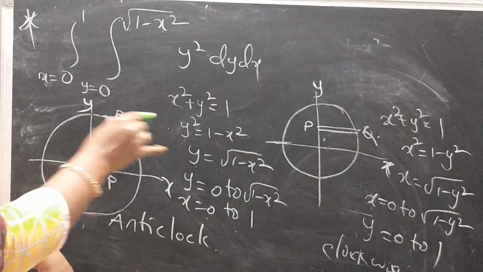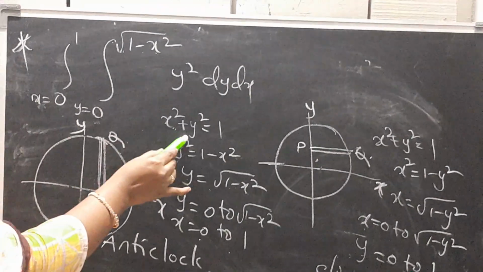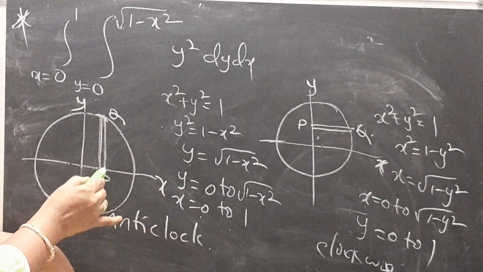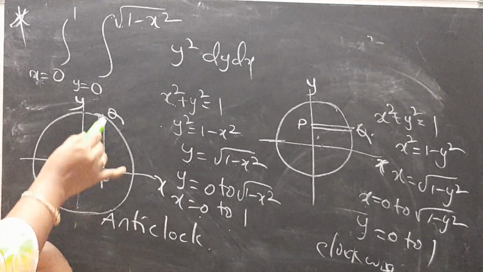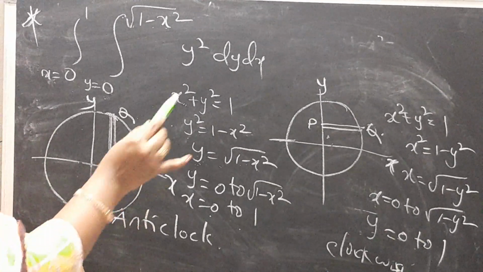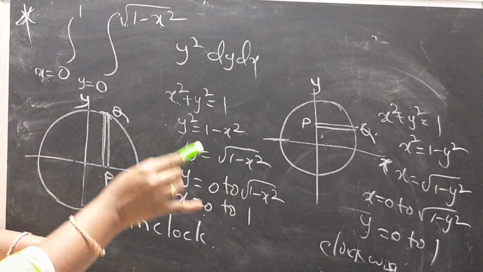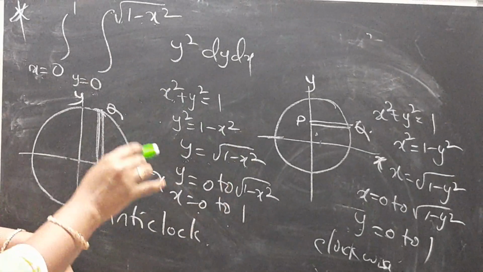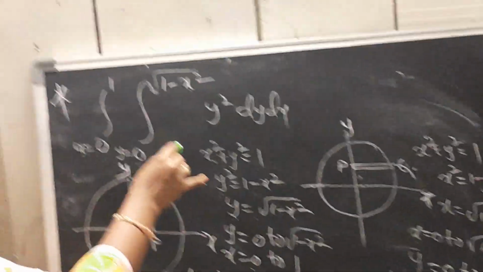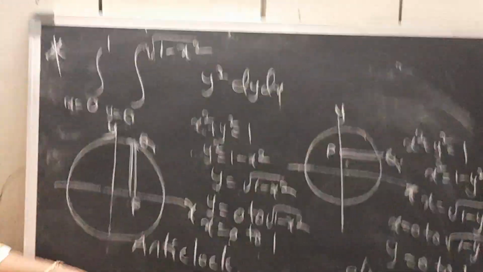So you have to write here, given region of integration is vertical strips. So to change the order of integration, we have to convert it to horizontal strip. So the limits become x equal to something, y equal to something. You have to mention this in the final exam. You have to write the complete answer.